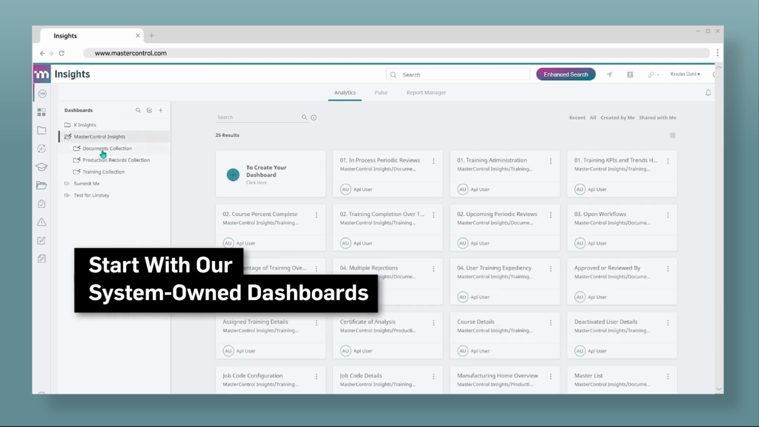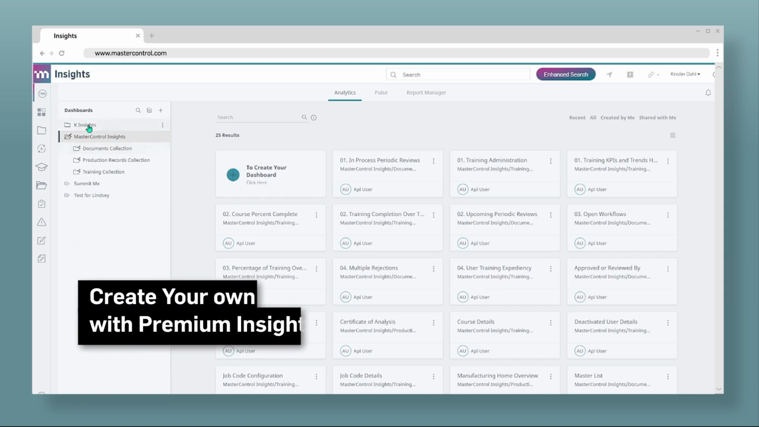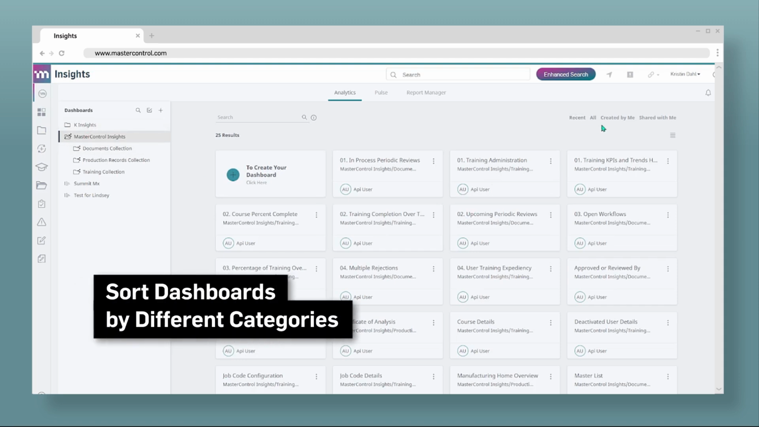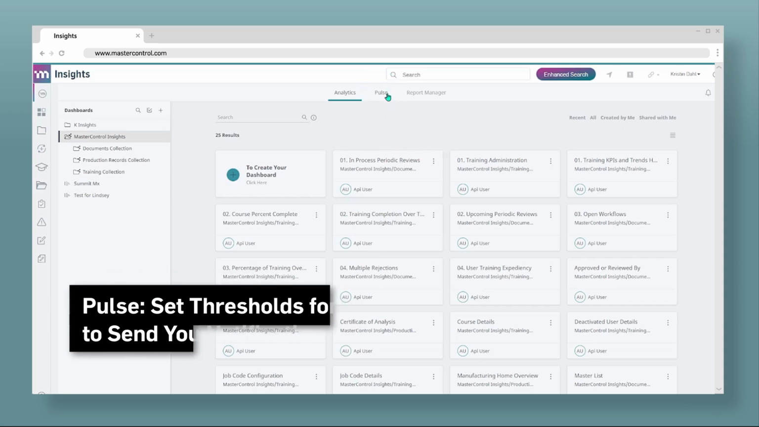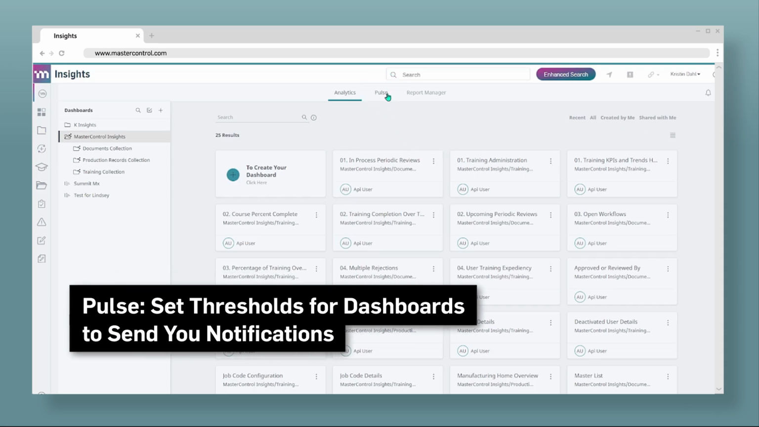Once here, on the left-hand side, you can see the different collections that MasterControl has, whether it is the ones that are out of the box or, with that premium version, where you can create your own folders and within there your own dashboards. Over here, you'll be able to see those dashboards. We're able to see ones that we use frequently, different ones that are created, or if any dashboards have been shared with you. Up top here, we have what's called Pulse that will allow you to set limits to different items within your dashboards to send you notifications,